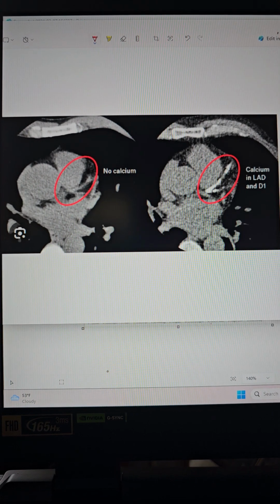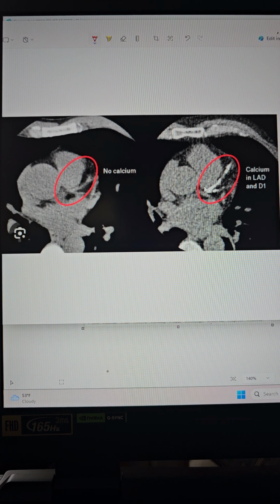Hello, fellow carnivores. I want to go over today quickly the difference between a coronary calcium and a coronary CTA, or a coronary CT angiogram as it's called. Just to explain the quick difference for those who don't know what the difference is, this is a CT scan